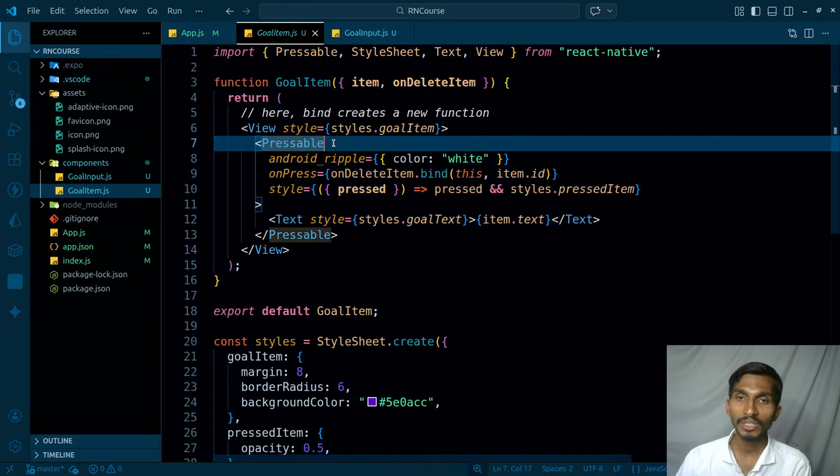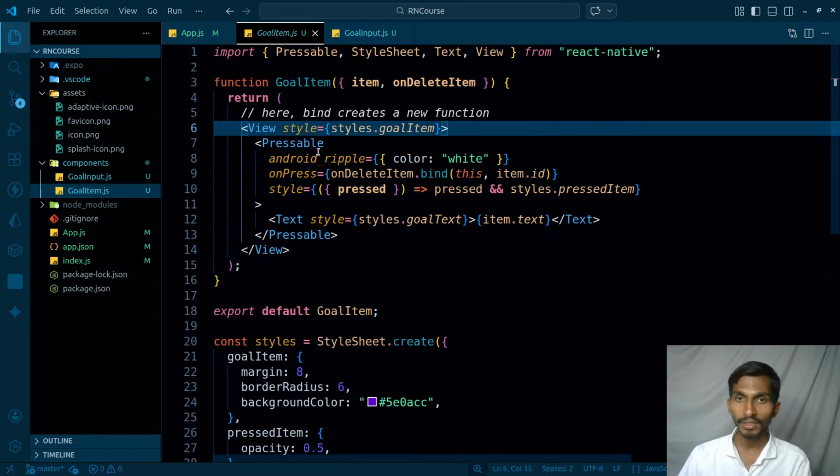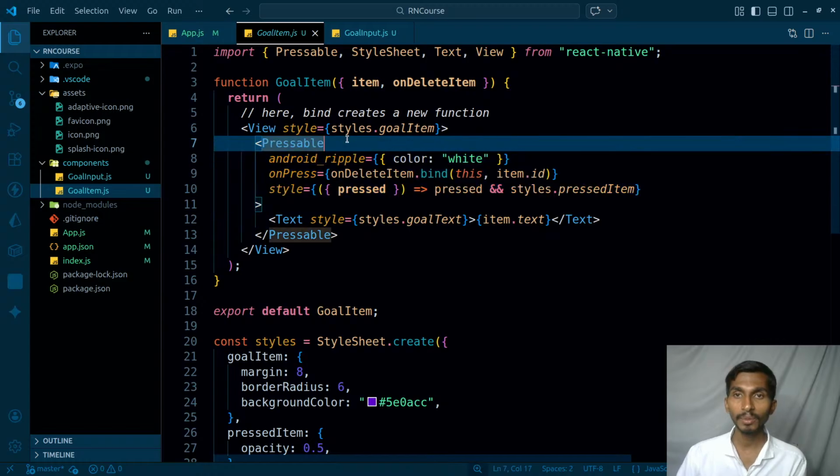Look, what is this pressable? First of all, we have this view. You should keep in mind that whenever we write anything, whether we want some text, some input or some button, it needs to be wrapped in a view, because view is just like a container here, and that view has display flex already. Now the other thing is that if you want the button to be pressable, in the sense that if you press on the button, the style should change, for that you can have this pressable element. In React DOM, or simply put in HTML and CSS,